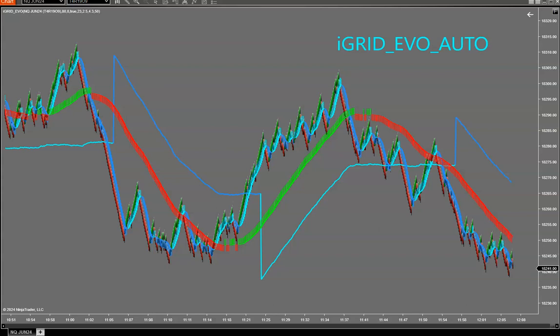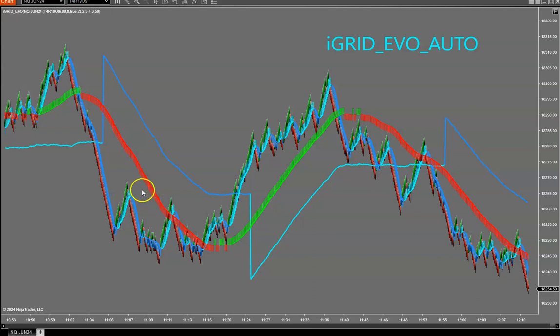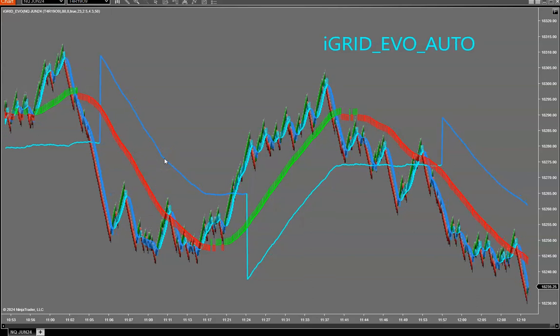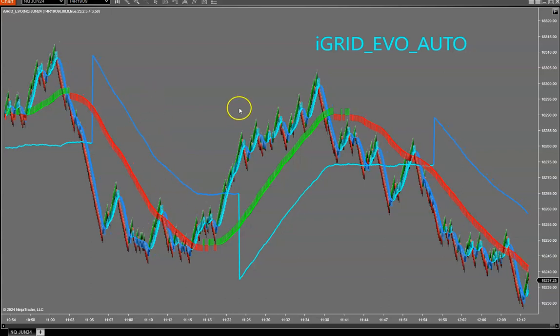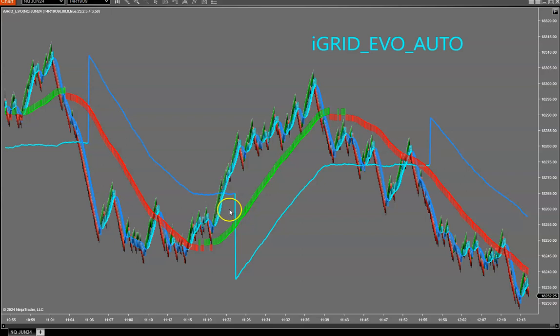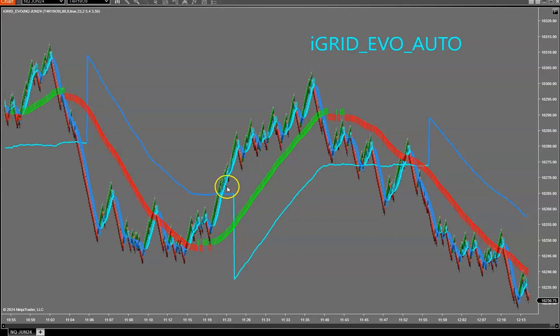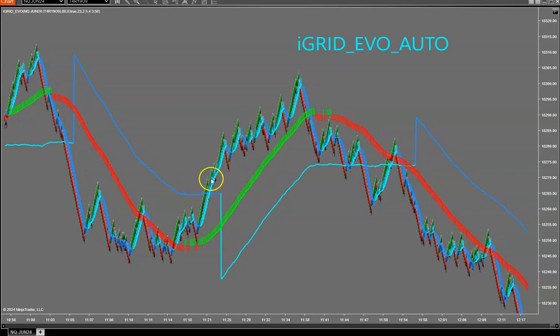Okay, let's talk about the iGrid Evo indicator and automated systems that we have running on various platforms, including NT8. The idea is using a unique indicator with very modern math and two-dimensional smoothing. We have markets that are oscillating in narrow ranges from an upside momentum to downside momentum shift point to suddenly a downside momentum to upside momentum shift point, to have those entries and exits,